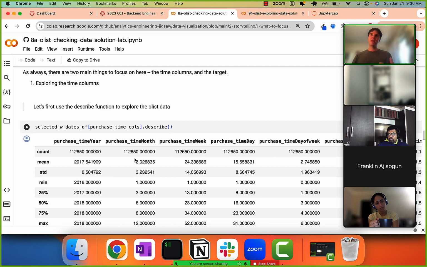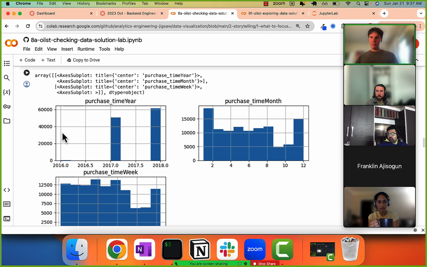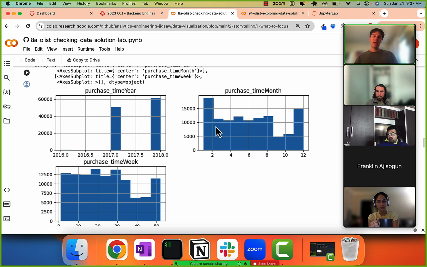Why? Because timing always involves a grouping, whether it's the week, the month, the year. How do we know that we have the entire month and especially the entire year? So what I saw was, if you just do a histogram, you can see we basically have hardly any data in 2016, and all of our data is coming in 2017, 2018. Now you can group by the month, but that's not exactly what's going to work for you because this is aggregated across